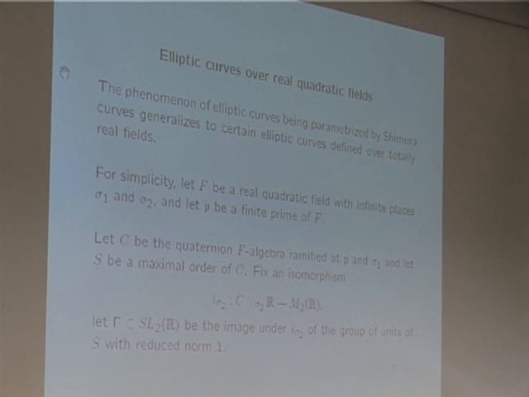That's sort of the one way of looking at it. Nothing rigorous, really. So not only can we play this game over Q, but Shimura curves also parameterize elliptic curves